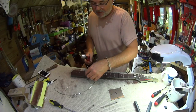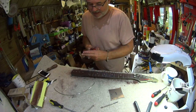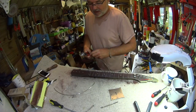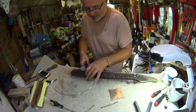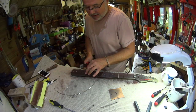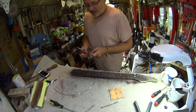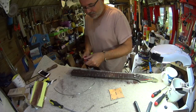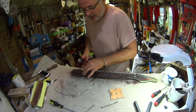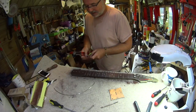So you can see what I'm doing. Yes, cutting frets to fit. I've re-radiused. I've checked the depth of the tang, the fret tang slots, and so I'm just now cutting to size to give me as clear, untwisted ends, and I'll then trim them down, but I'll do that off camera because it's starting to get really hot, and I might have just leave it